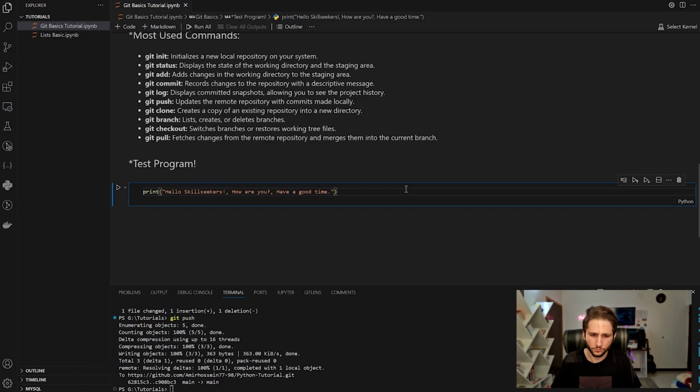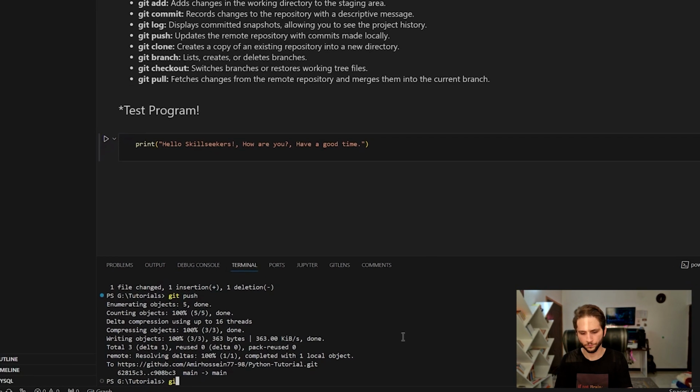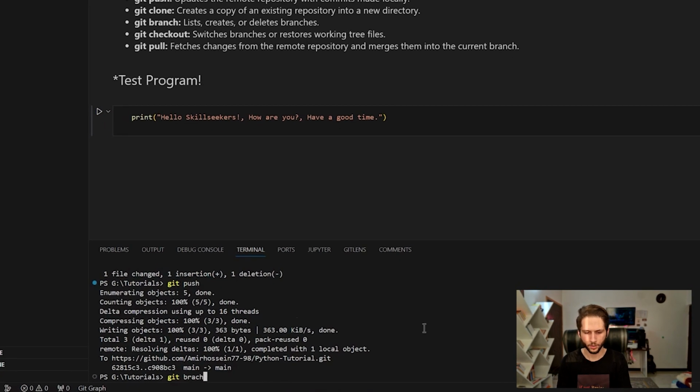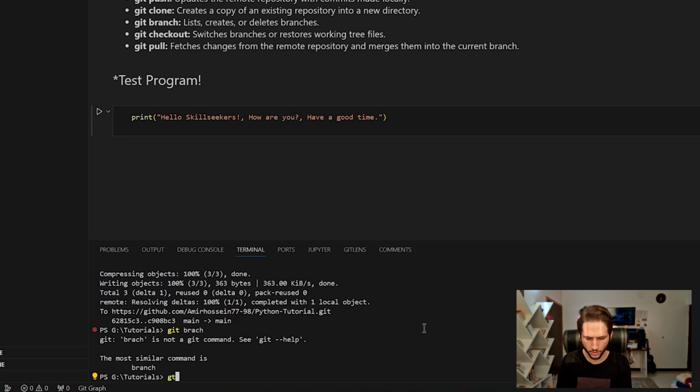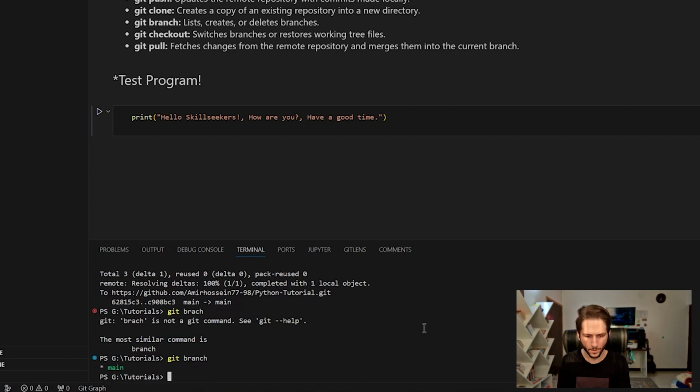Okay, so by using git branch, oh, there's a typo here, git branch. So we can see that we are now on the main branch. Let's say we want to add something to our project, but we are not sure about that. So we can create another branch. For example, git branch, let's call it